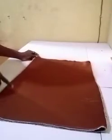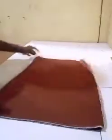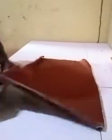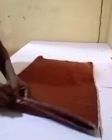So after sewing, this is what I have. You can see I have overlocked the edges. I overlocked the edge and the head. Then I just sew a straight line, taking 1/4 of an inch. I hope you can see, just like I said. Then after turning,